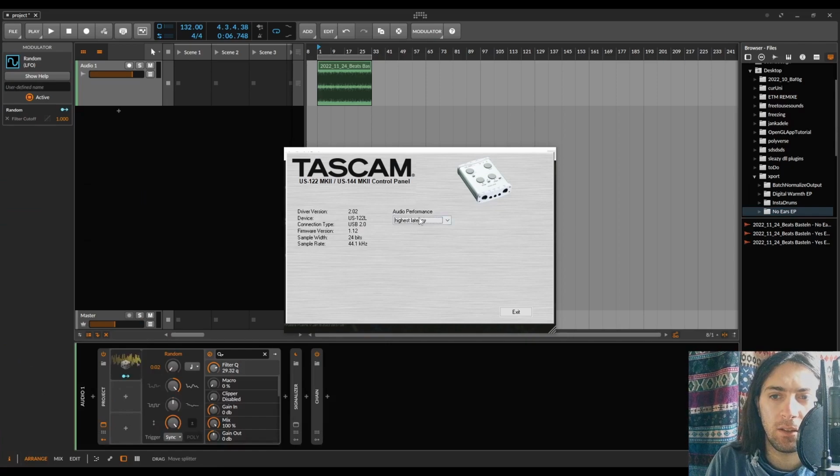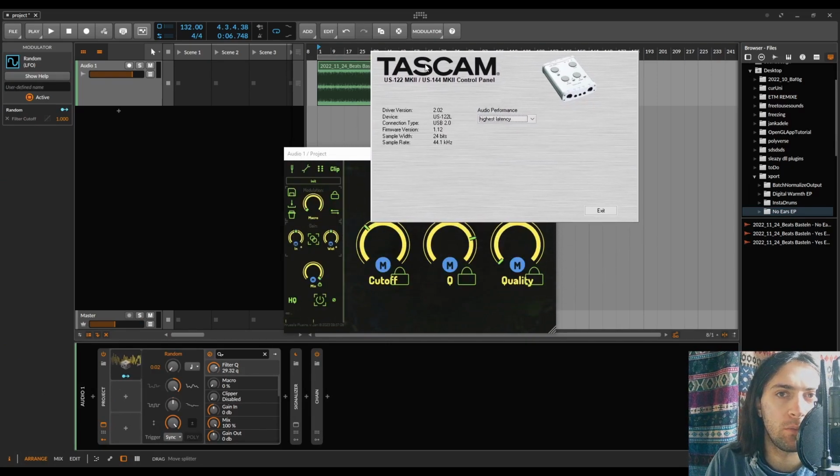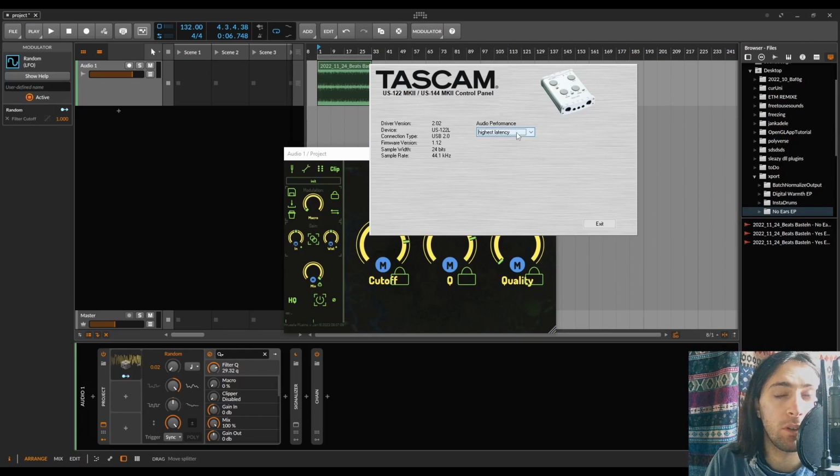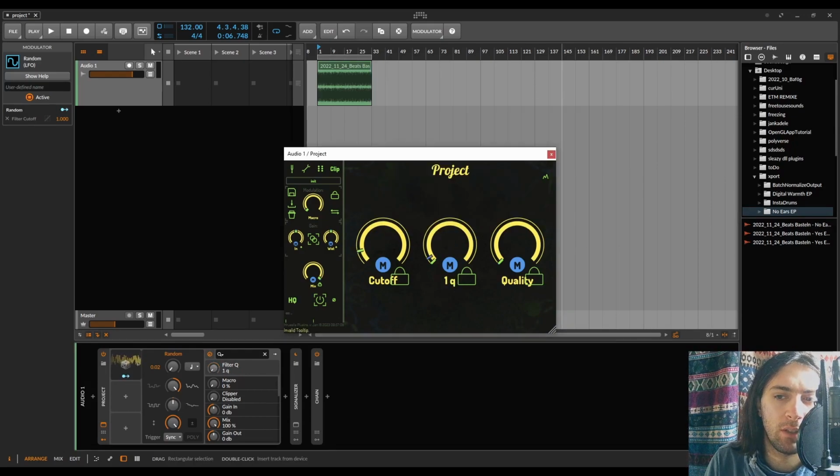And we can see I also selected the highest latency here so that I can test if the parameter smoothing is good for big block sizes. And now different Q values could also be randomized if you wanted to, and then it would sound like this. Yeah, sounds pretty reasonable to me. Now we have a really crazy filter that just makes no sense anymore,